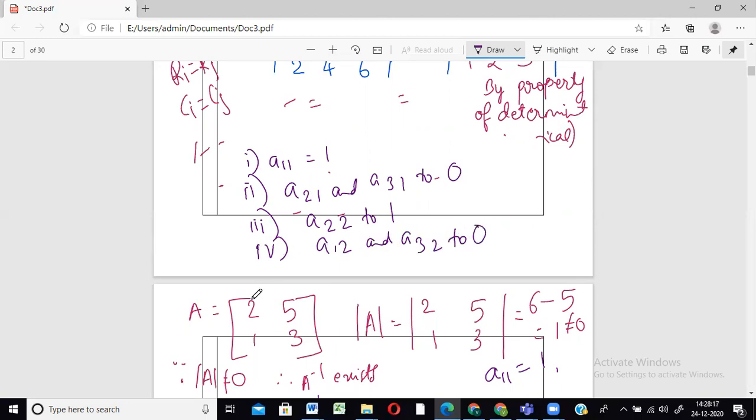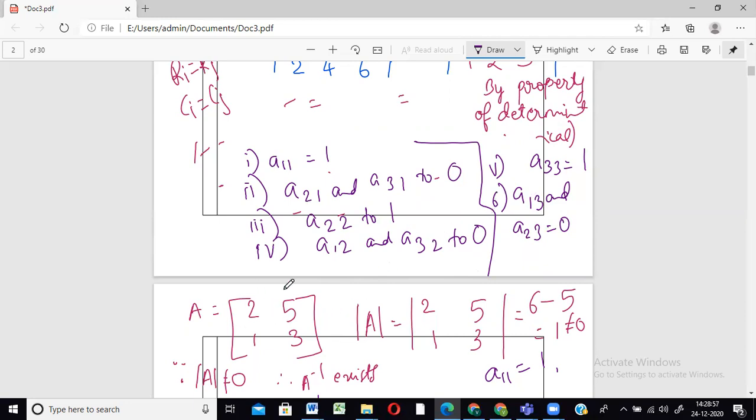So how are we doing it? A11, A21, then we're making A22 equal to 1. And then A12, which is first row, second column, we will make zero. Then the next step, the fifth, is A33, you will make it 1. And then the sixth step is making A13 and A23 equal to 0. Right now it's only of order 2, so let us just focus on the first 4 steps because those will satisfy our needs. When we do it for order 3, we can look at these steps in much more detail.